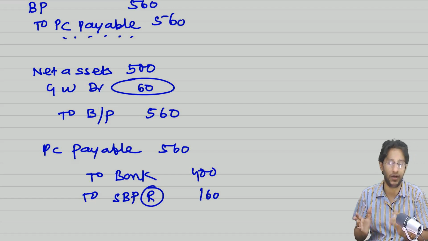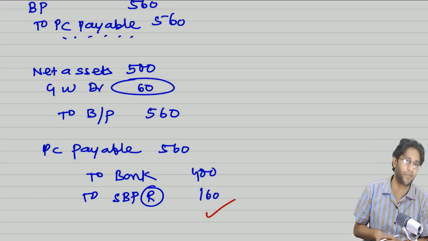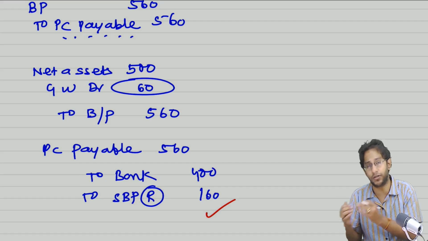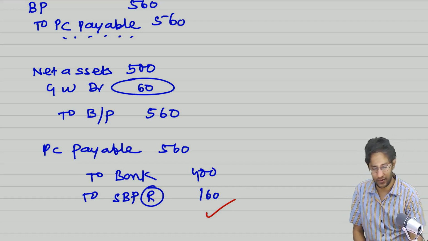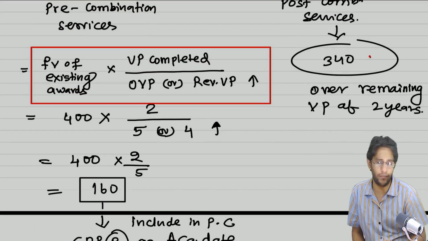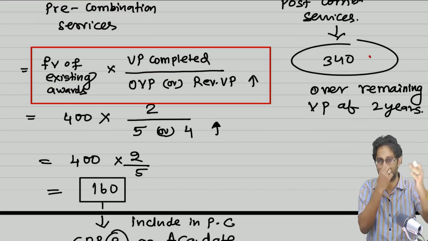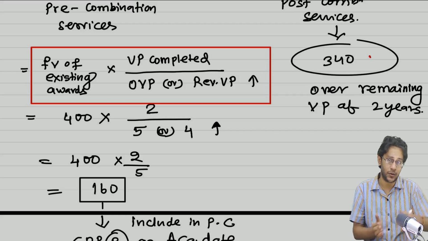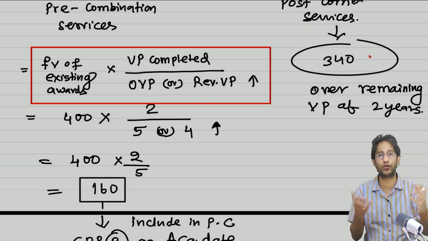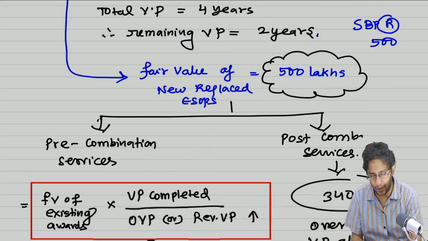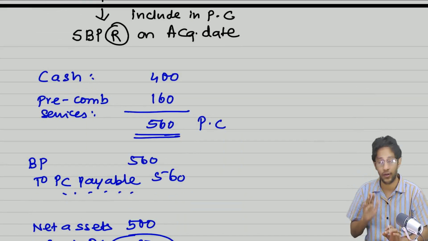The 160, the process of discharge, you will create a receipt. So on the acquisition date only, in the acquirer's balance sheet, you are outrightly creating an SBP reserve of 160 relating to pre-combination services. For the next 2 years, put together, anyway I have to create 340. Assuming straight line, and employees don't change, 170, 170 I'll create in the next 2 years. So by the end of the second year, 160 now, 340 in the next 2 years, eventually 500 rupees SBP reserve will appear in my balance sheet after 2 years, by the time options get vested. So this is the story, sir.